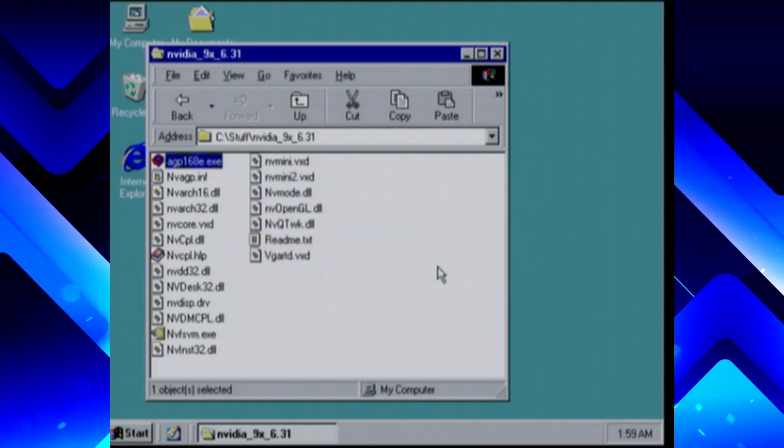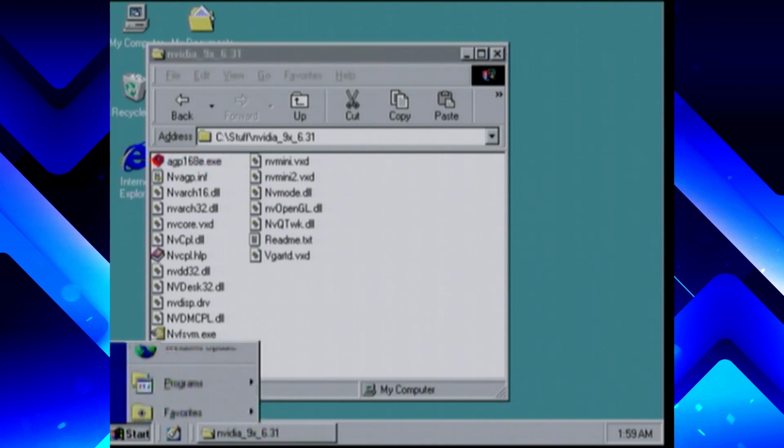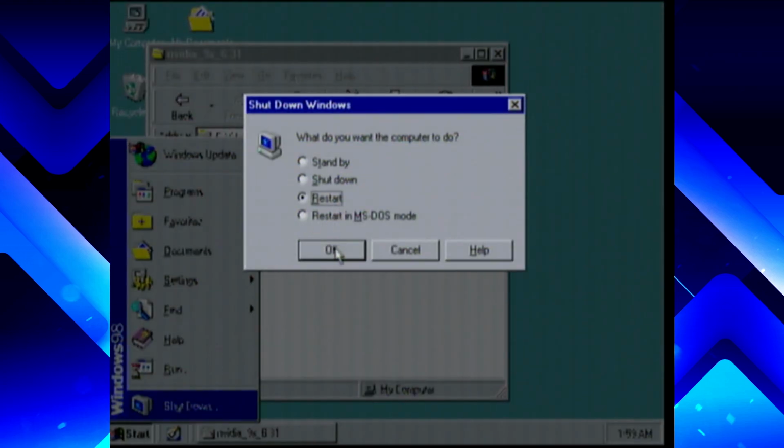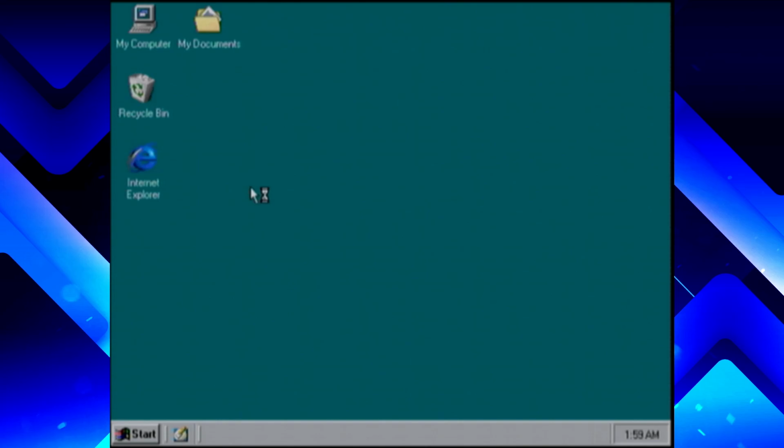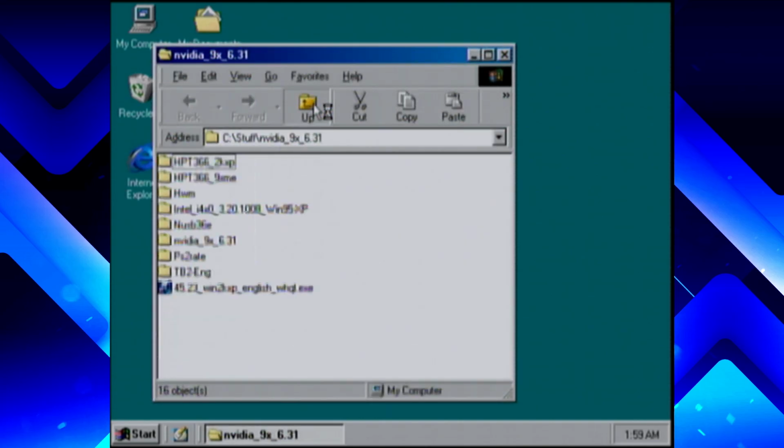Alright. Here's a neat trick if you don't know it. If you hold the shift key and choose restart, it just restarts Windows instead of restarting the whole machine. You save some time that way. Okay. We move on to